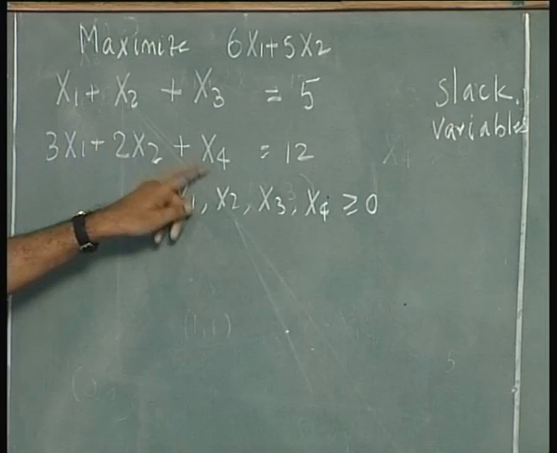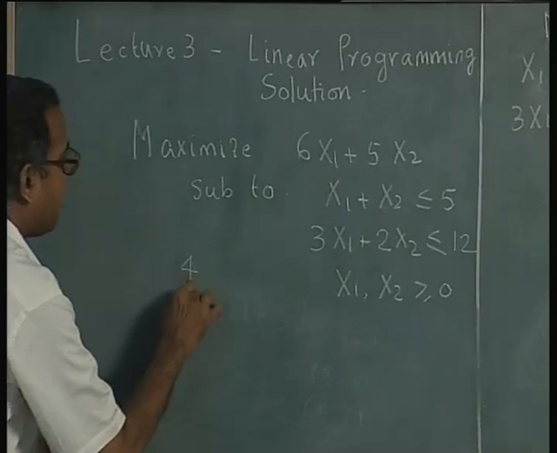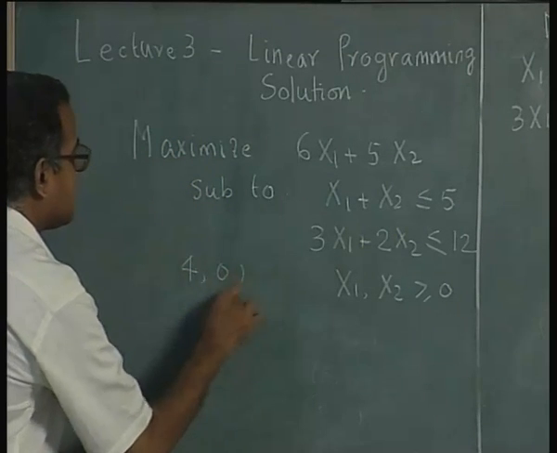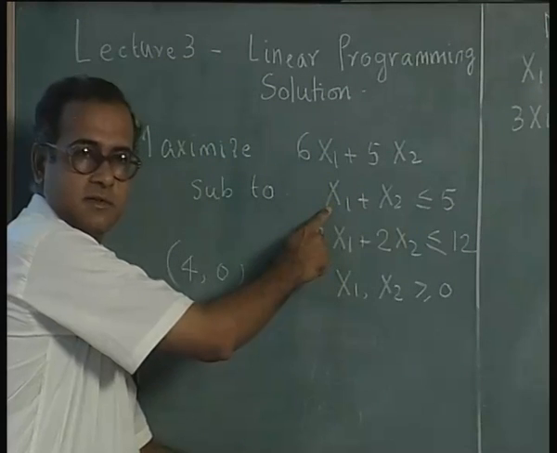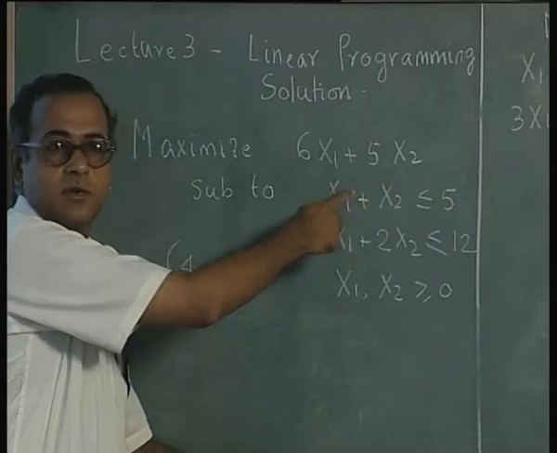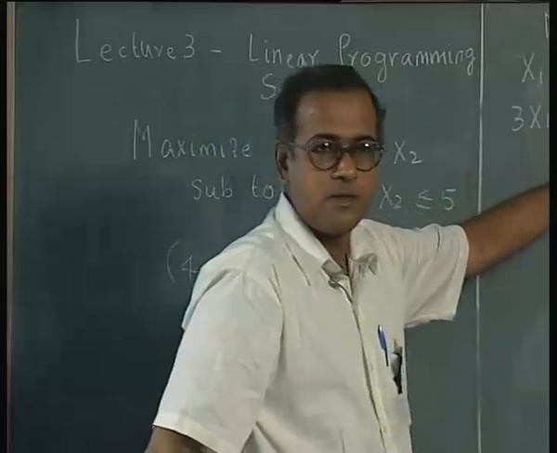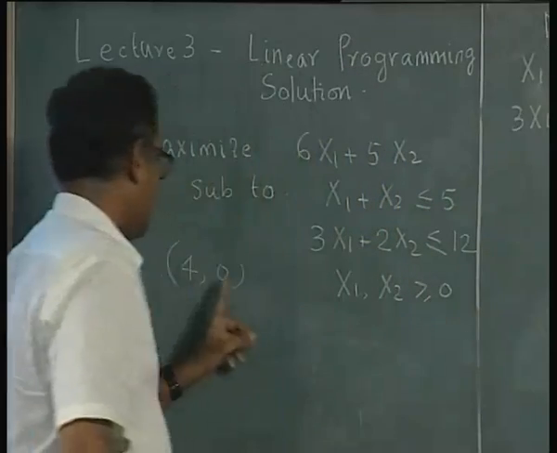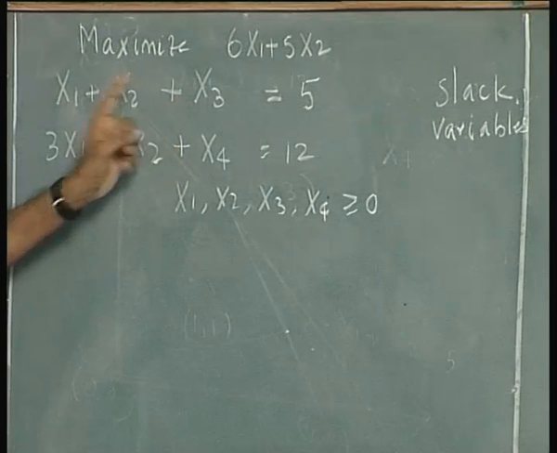What does x4 indicate? For example, if the person decides to make 4 tables and no chairs, then of this resource, of which 5 is available, 4 is going to be utilized. Now, x3 takes value 1, because x1 equal to 4, x4 equal to 0, x3 takes value 1, and this 1 is nothing but